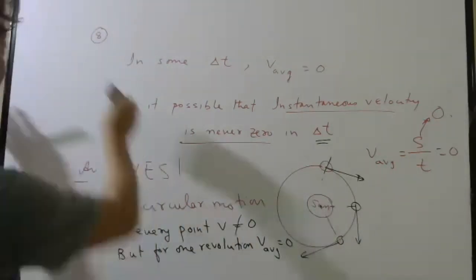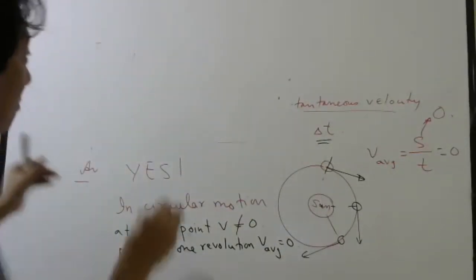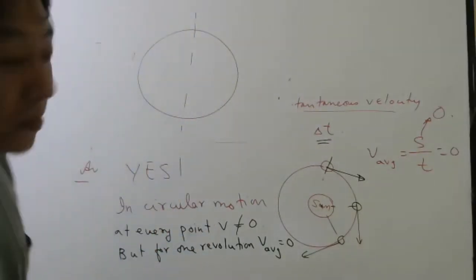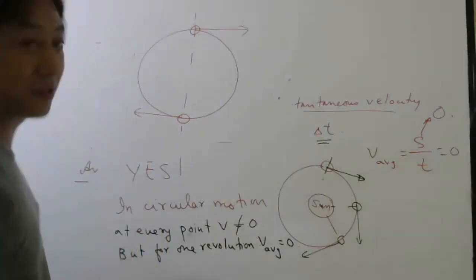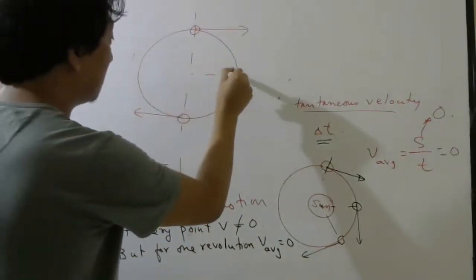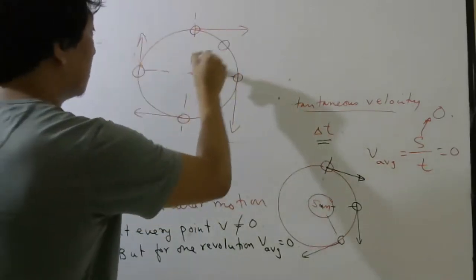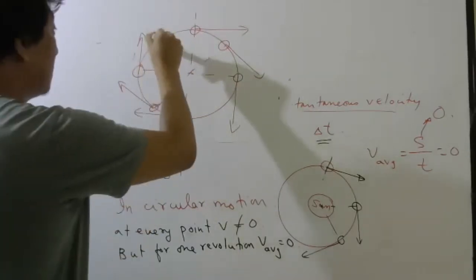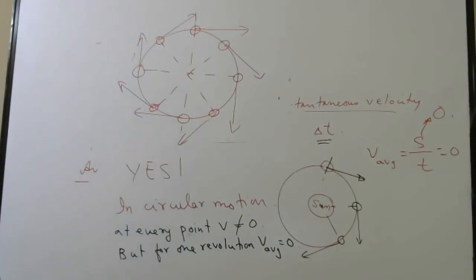I'm getting excited actually. So look here. Suppose this is your circular path. When it is here, velocity is this side. When it is here, velocity is this side. When it is here, velocity is this side. And so on at each point around the circle. Now